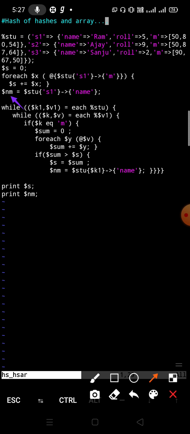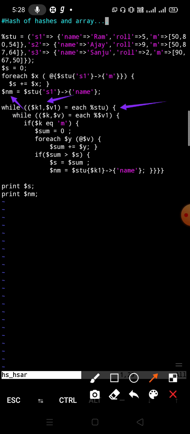Okay, now we are starting the while loop from here. Inside the while loop, first I am taking $k1 and $v1. $k1 will store the key values s1, s2, s3. These key values will be stored inside $k1, one at a time. Okay, and $v1 will store the value.